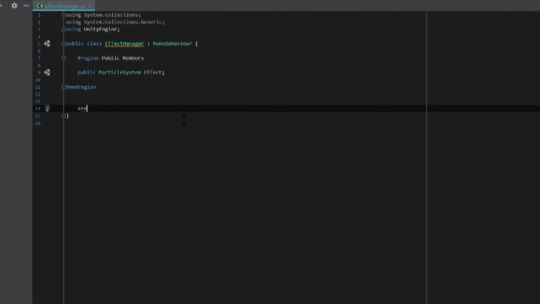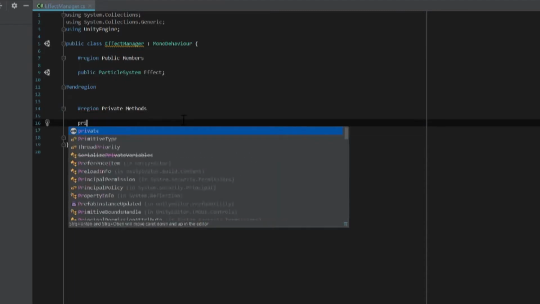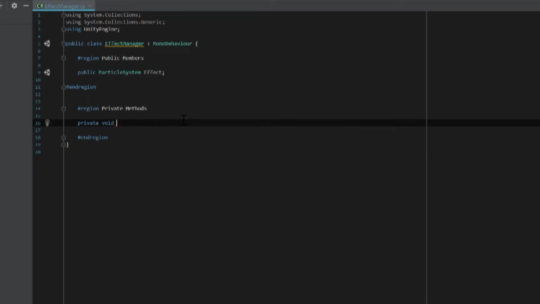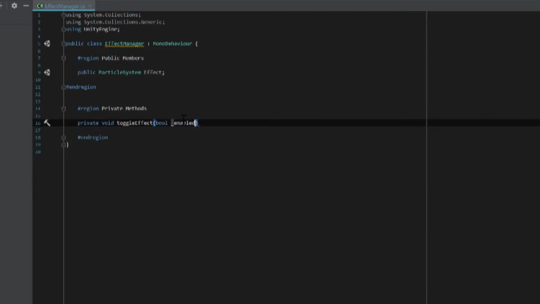We call this one in region private methods the private void toggle effect function. It takes a bool as input parameter called enabled,